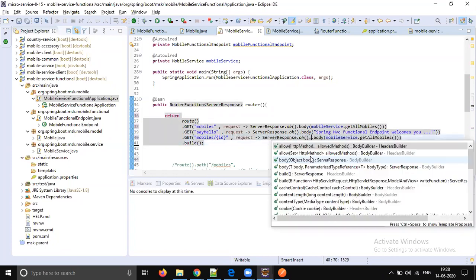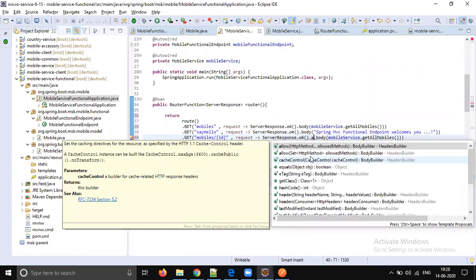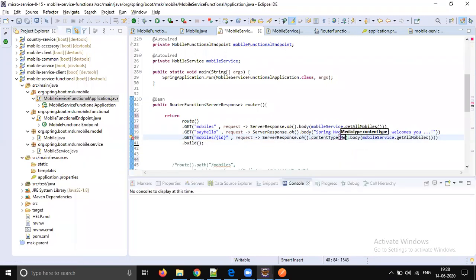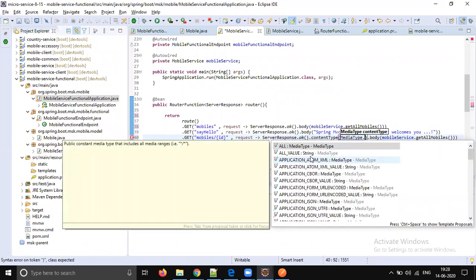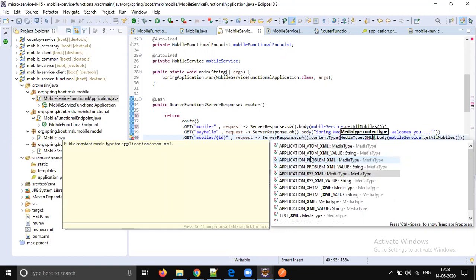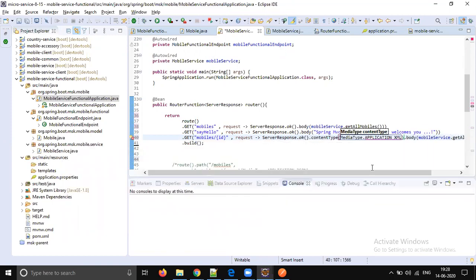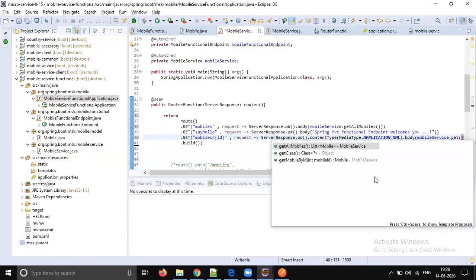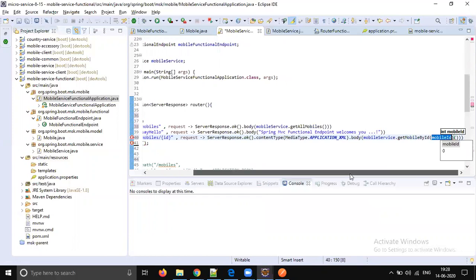So content type, media type dot XML, application XML. Body is get mobile by ID, right? Get mobile by ID.